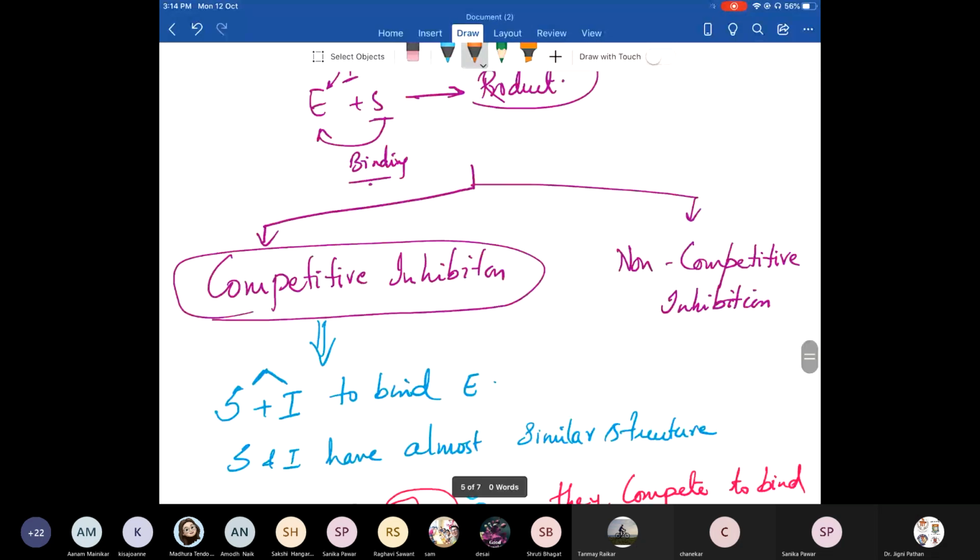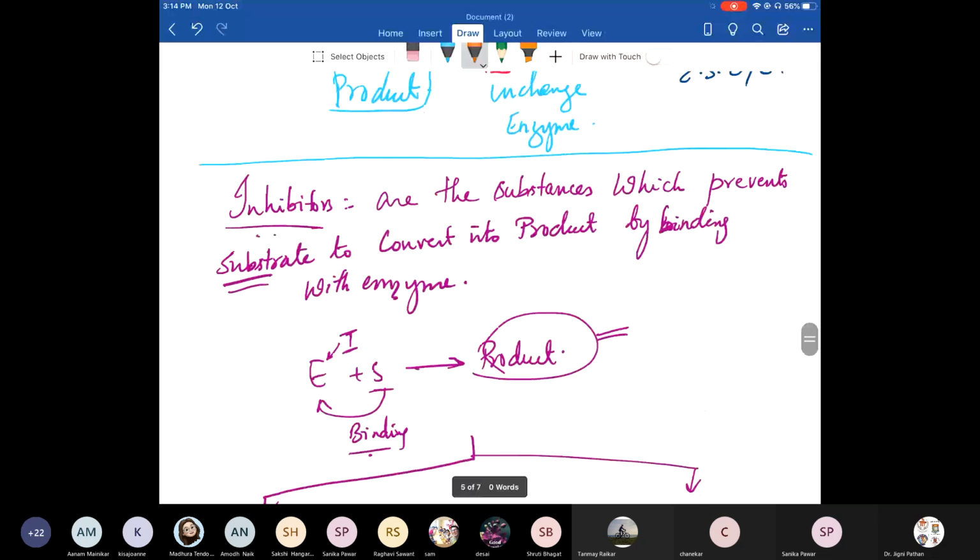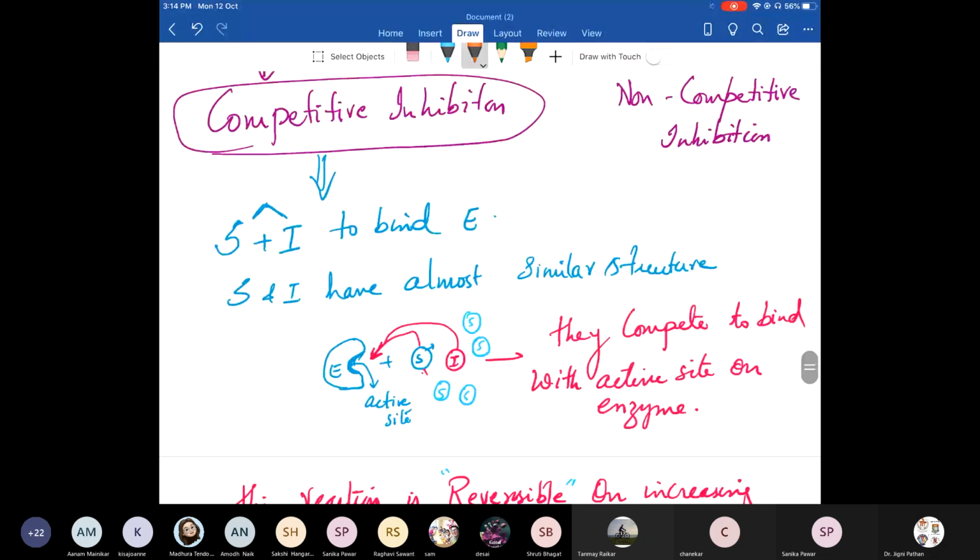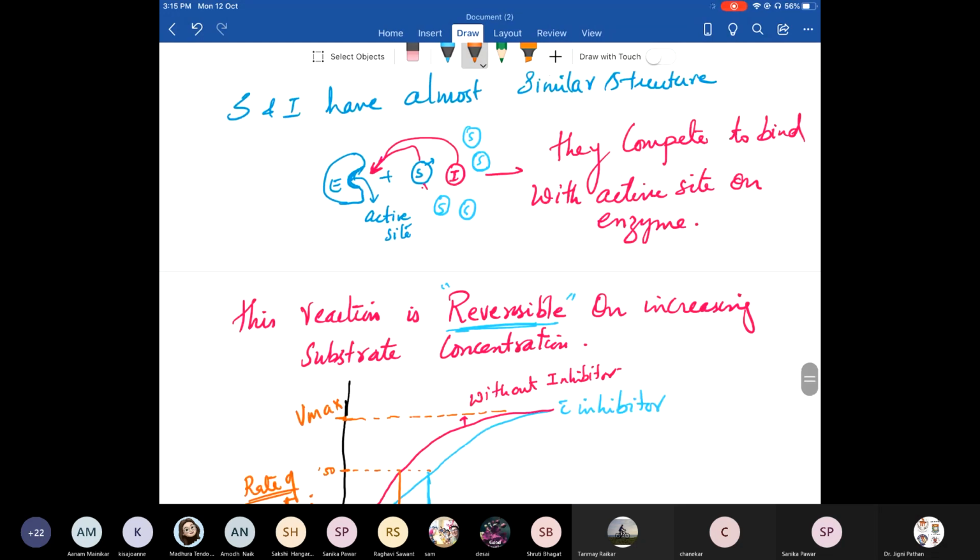See, I'll revise it again. Competitive inhibition is where your S and I almost have similar structure. So when they have similar structure, there is a competition between I and S. I is an inhibitor and S is a substrate. Why do they compete? They compete so that they can bind to the active site on the enzyme. If the inhibitor binds, then there is no product. If the substrate binds to the enzyme, there is a product. This reaction can be reversible if you increase the amount of substrate